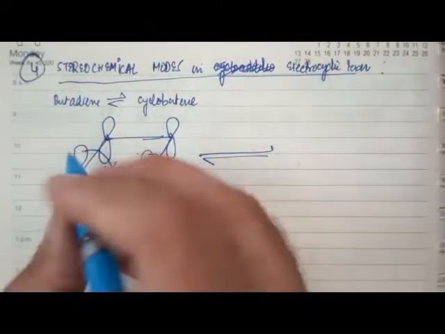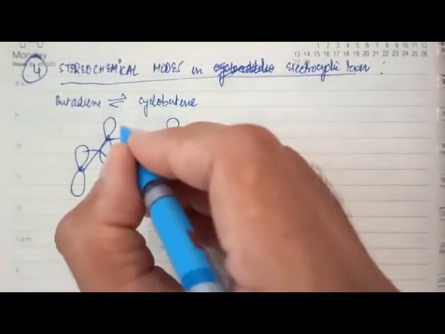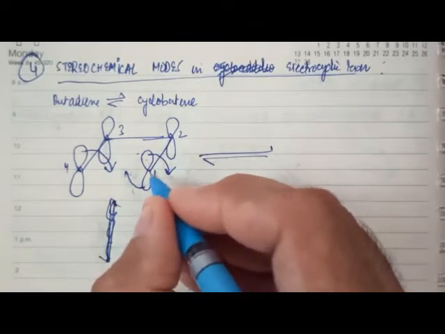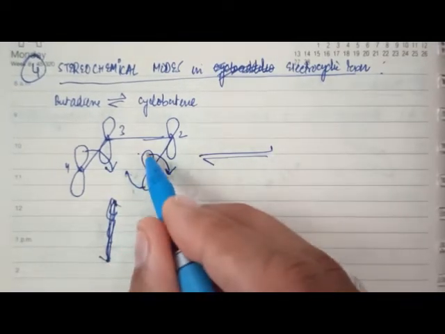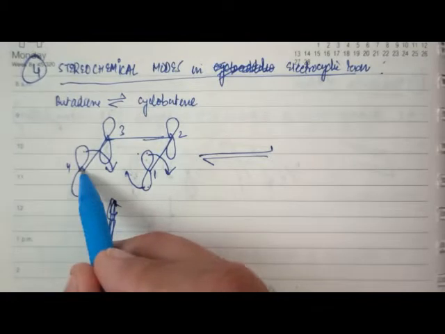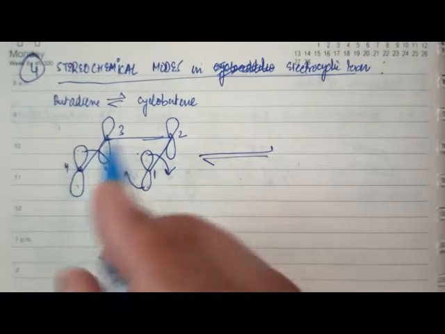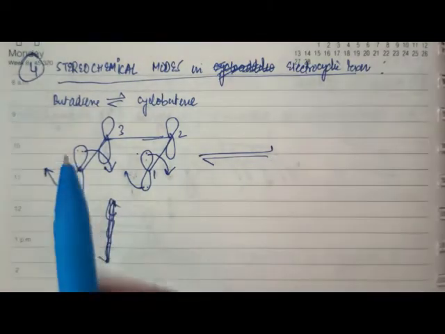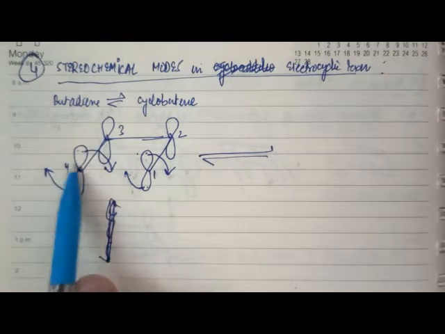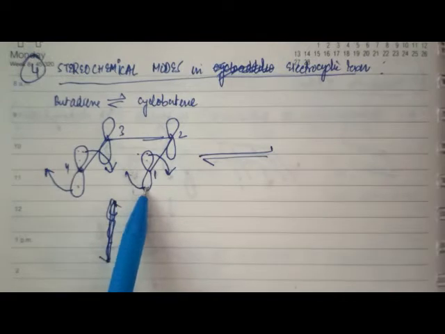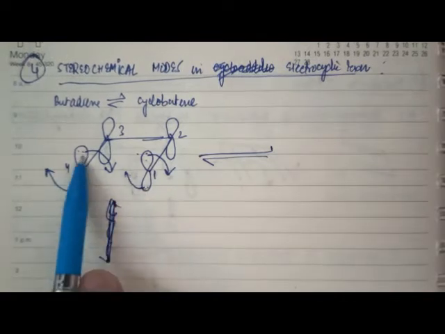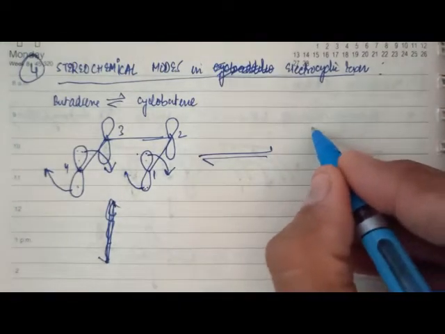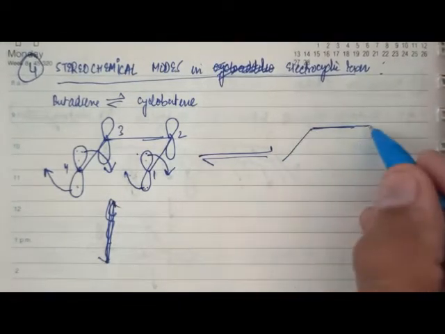That means on these terminal carbon atoms 1 and 4, I have two lobes. On the first carbon atom it is the lower lobe and the upper lobe. On the fourth carbon atom of the p orbital I have the lower lobe and the upper lobe. Once it undergoes a rotation in a clockwise direction, it is the upper lobe of the fourth and the lower lobe of the first pz orbital that will undergo an overlap. Therefore the result will be something like this.